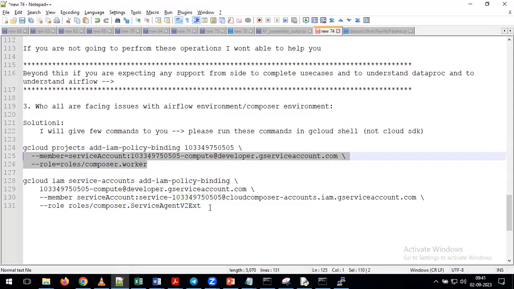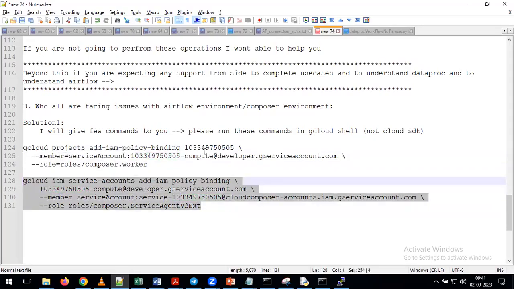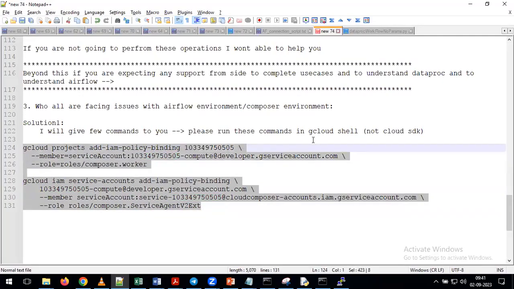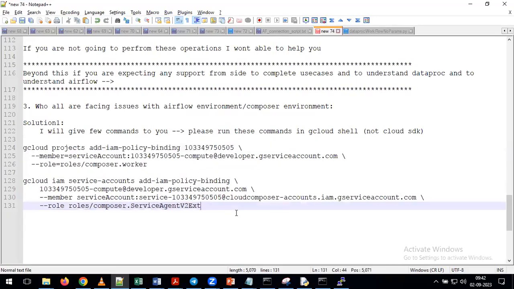This is command 1 and this is command 2. In command 1, you have to change your project number 2 times. In command 2, you have to change the project number 2 times. And with that, you need to run both the commands from your G-Cloud shell. Okay. After that,